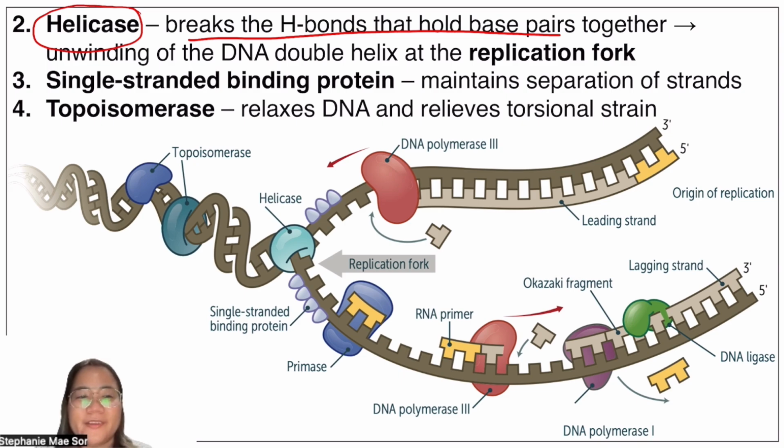Di ba sabi natin, your DNA is like stairs, tapos yung steps niya is your bases, tapos nakatwist siya, parang spiral staircase yung structure niya. So, ang nangyayari dito is, you have a helicase that breaks the hydrogen bonds in between to unwind the DNA double helix at the replication fork. Okay? So, pag ibukan niya na yung